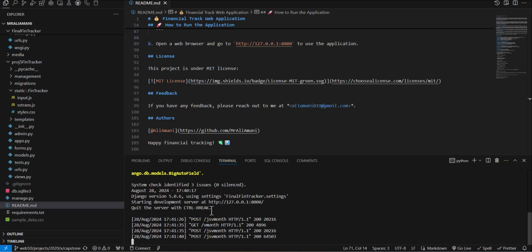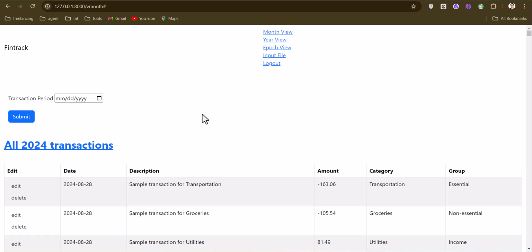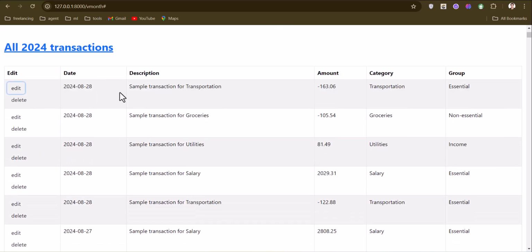Hi there, I have run the app. It is a financial tracker app written in Django, HTML, CSS, and JavaScript. It is complex and distinct from other projects because it has user authentication, it has transaction CRUD,